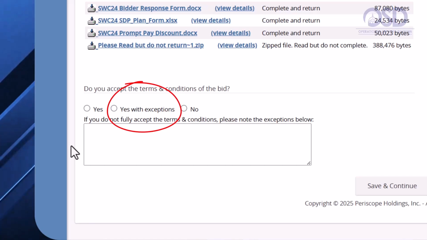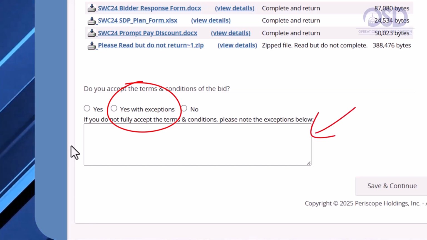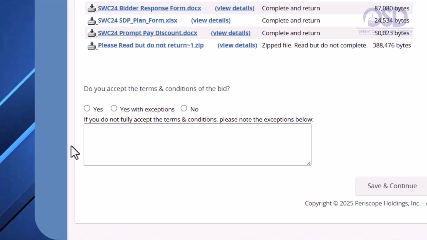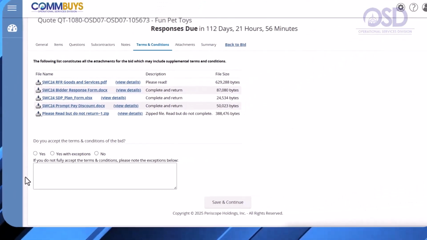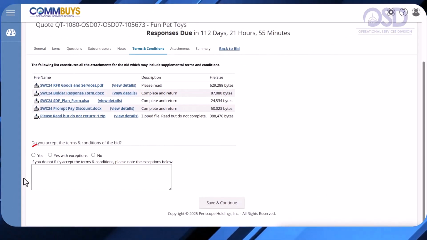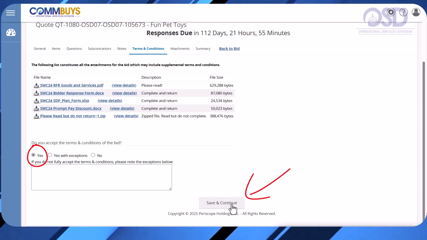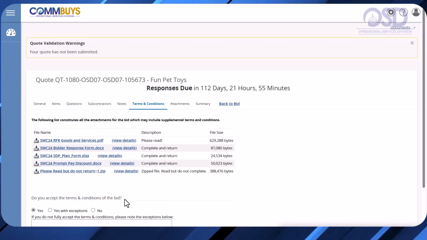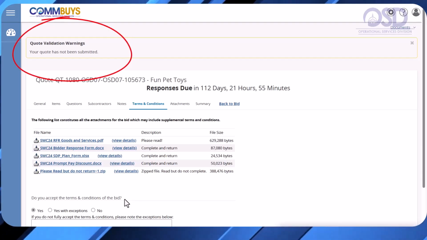The option Yes, with exceptions, allows you to describe areas of concern in the text box below. Be advised that selecting this may make your quote less likely to be selected. Let's click the Yes radio button, then click Save and Continue. Notice the Terms and Conditions warning message at the top of the screen has disappeared.